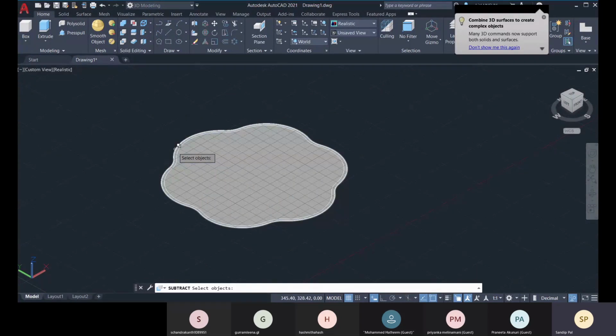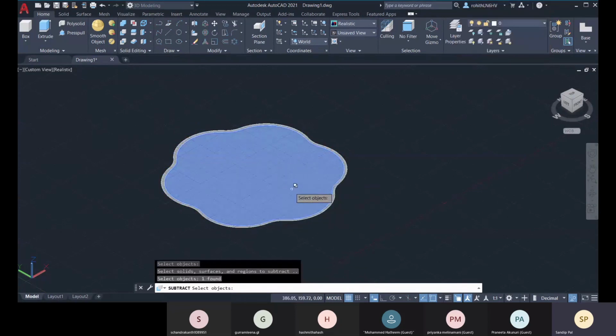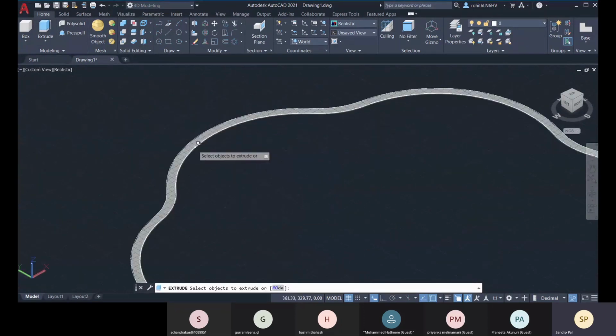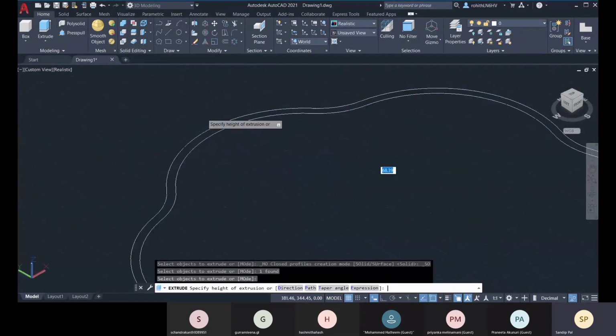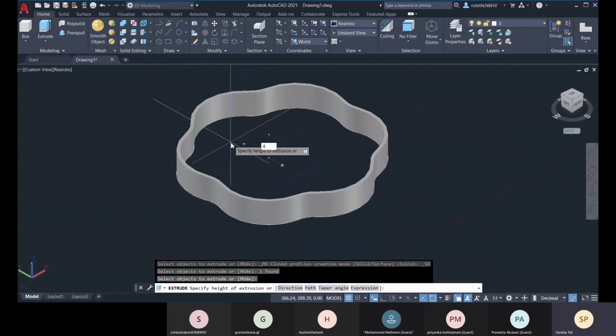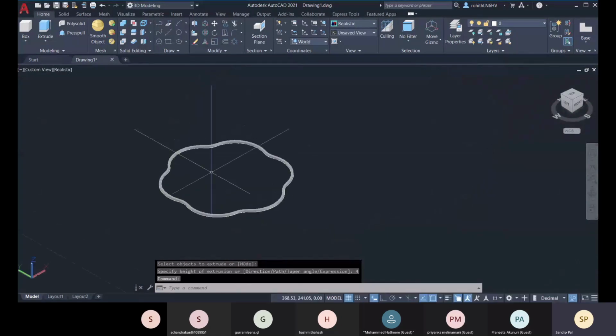So this is your outer region, enter, and this is your inner region, enter. And there you have it, and after that you can go for extrude. So you can go for extrude, and you can give height, so 4 will be the height, okay. So this is how you can create it.